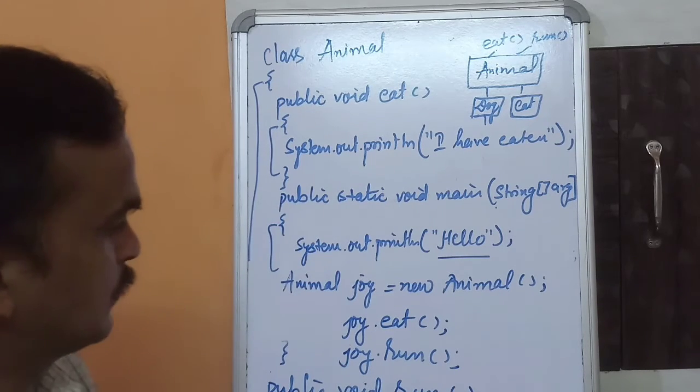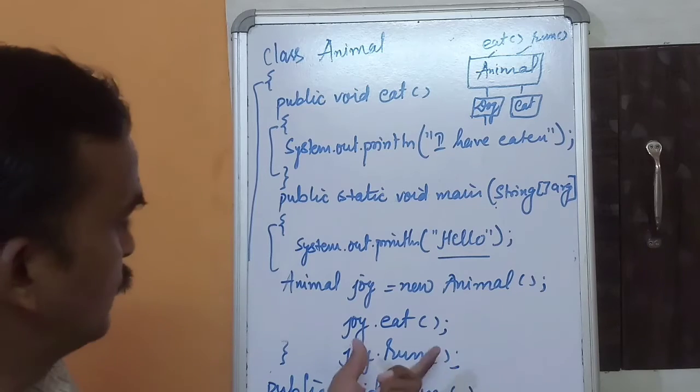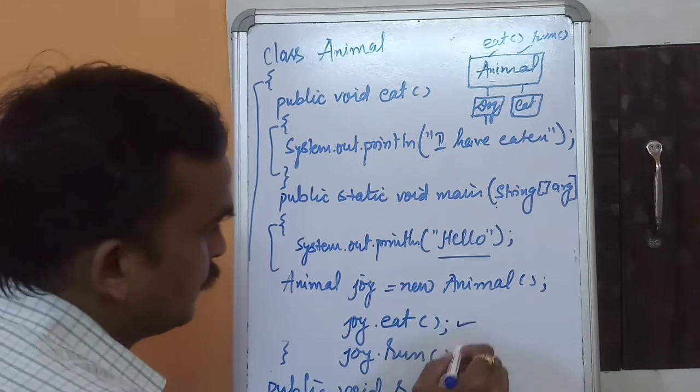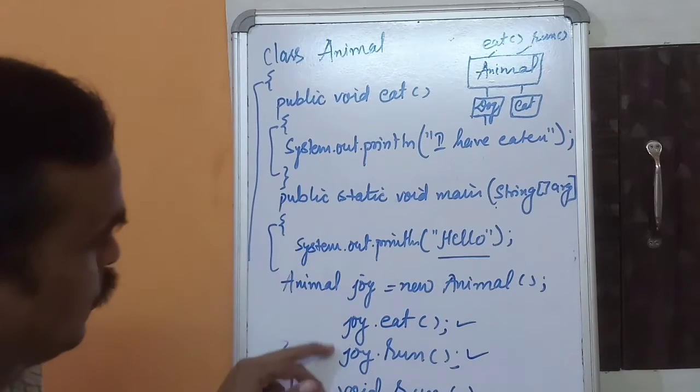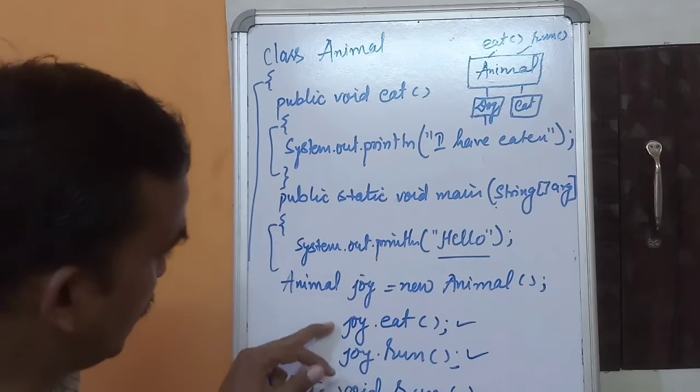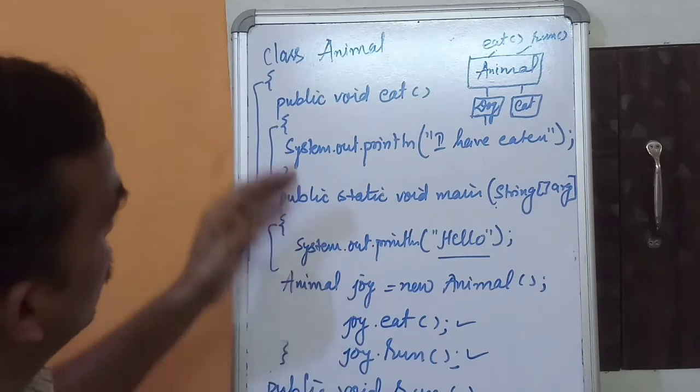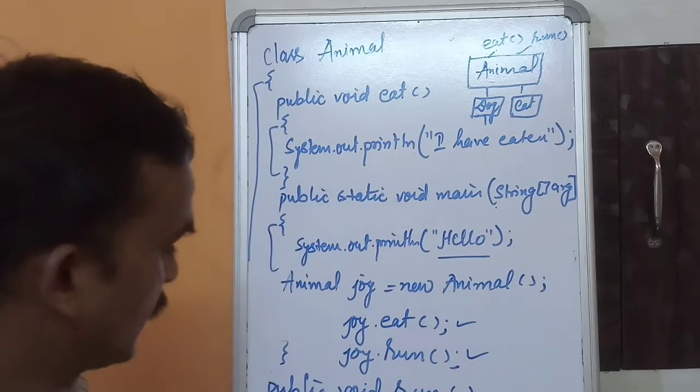Now that line of statement will also be printed, because we are using the two different methods. We are accessing two different methods using the same object. We can also create a different object for that method, but there is no need, because that's all in a single class. That's why.